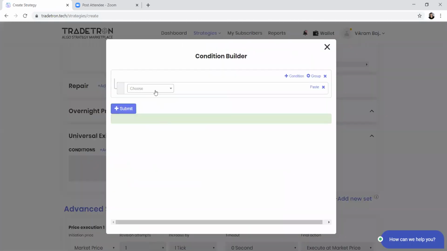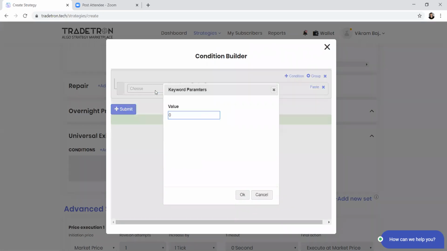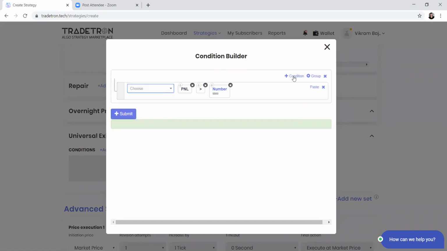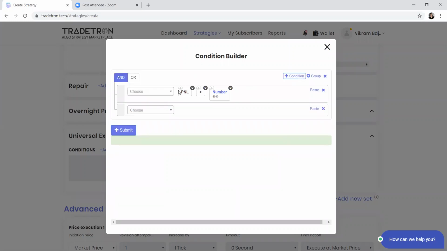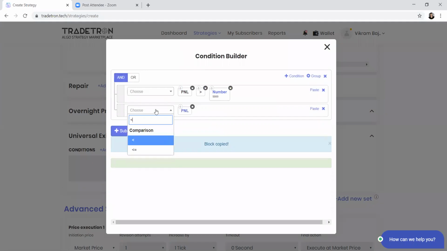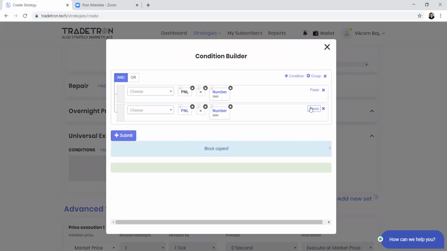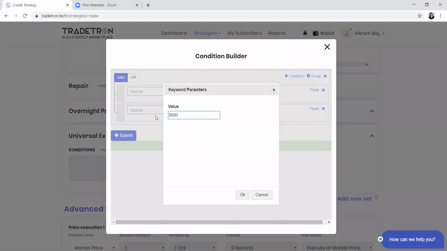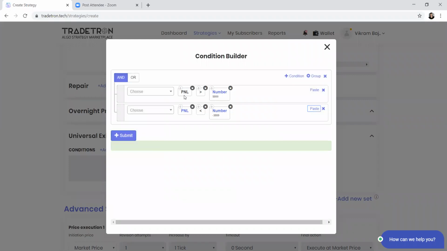And if you want to put a stop loss or target profit at strategy level, you can do that using the PNL keyword. So if PNL is greater than 5,000, let's say, for the strategy, I want to exit all the positions. Or if PNL goes below a number, let's say minus 3,000, still I want to exit all the positions from this strategy. So this PNL basically will return the profit and loss for combined positions, whatever positions are open in this particular strategy, or whatever positions have been taken for this strategy cycle after entry.